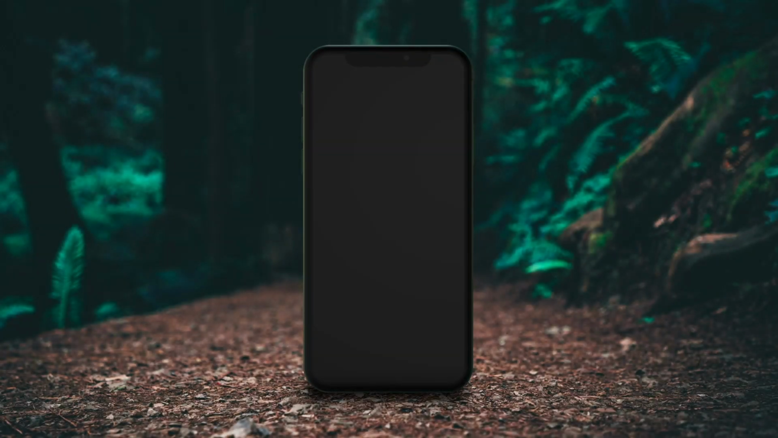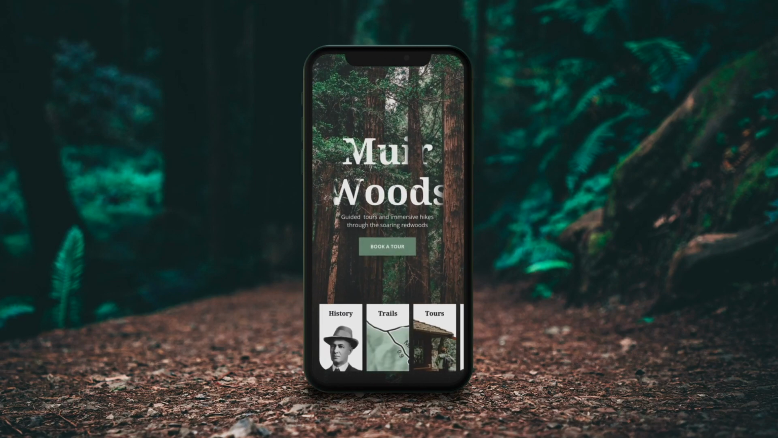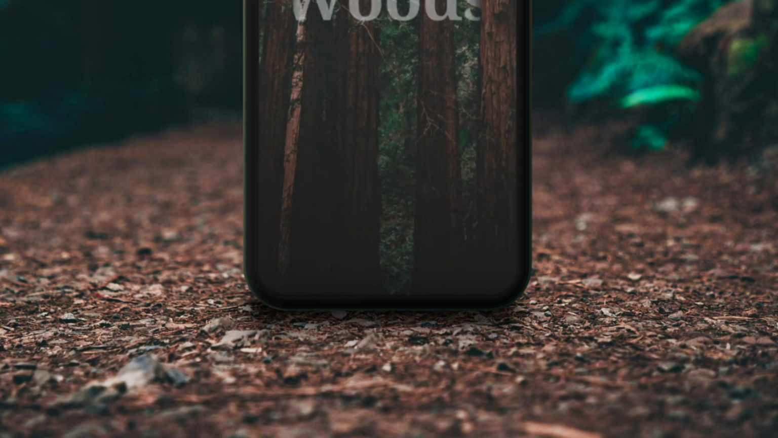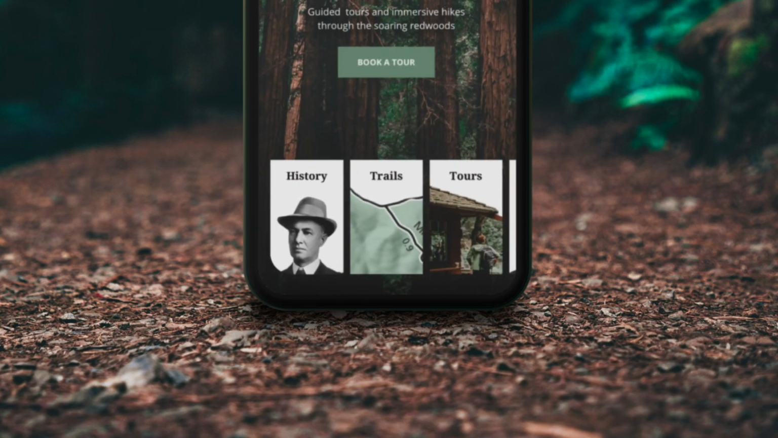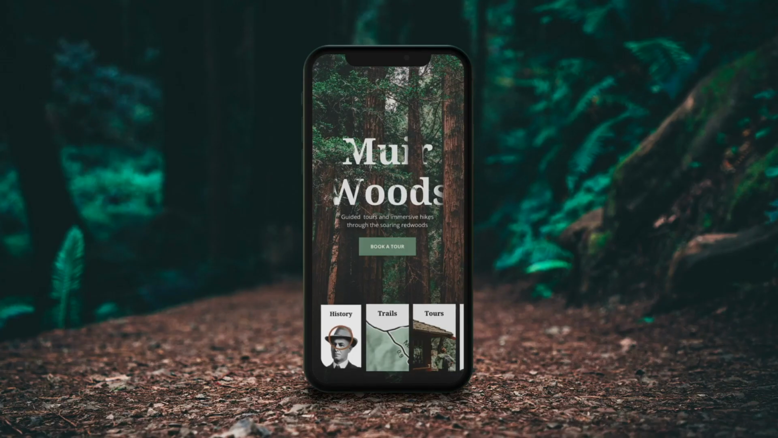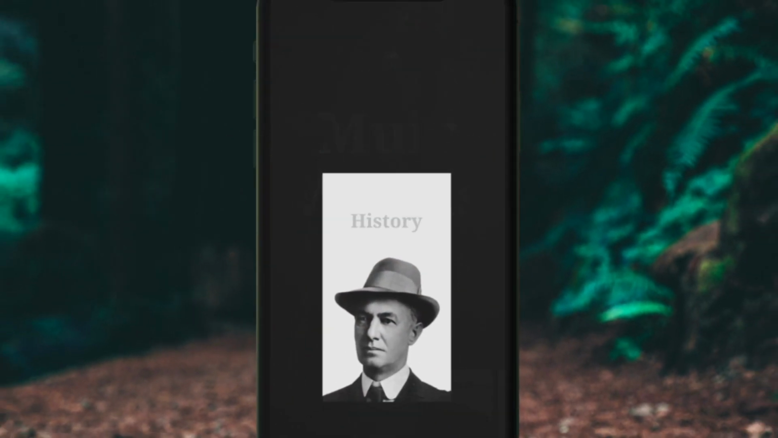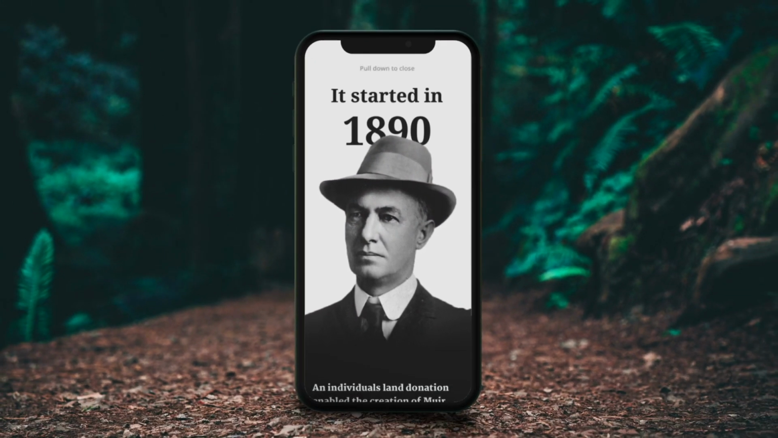So here's the entire flow. It starts by fading in from black, revealing the forest. You've got titling and content going in between some of the trees. You've got the menu at the bottom consisting of cards. You decide to tap one of them, history. That will then morph and transform this card into a full screen view, and that's going to be the second